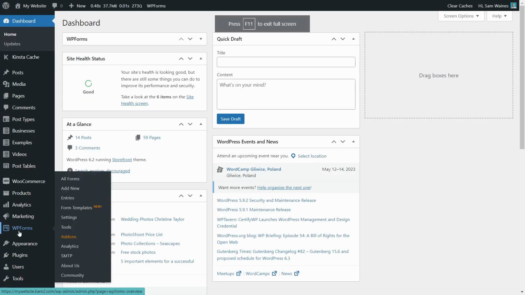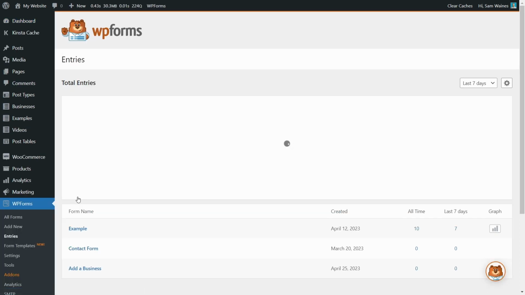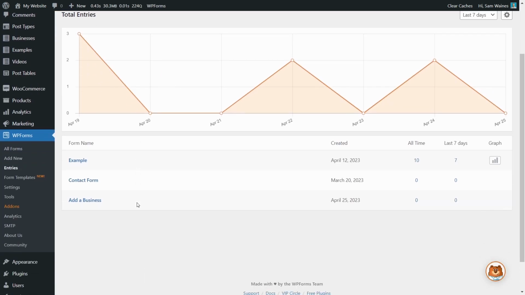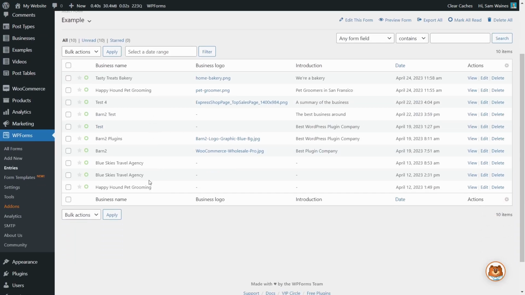Then come back to your WordPress dashboard and check for new entries by going to WPForms Entries. You should be able to see the data that you just entered. If you don't see any data, then contact support. Now, just a side note, it's entirely possible to keep this form hidden and password protected, but that's outside the